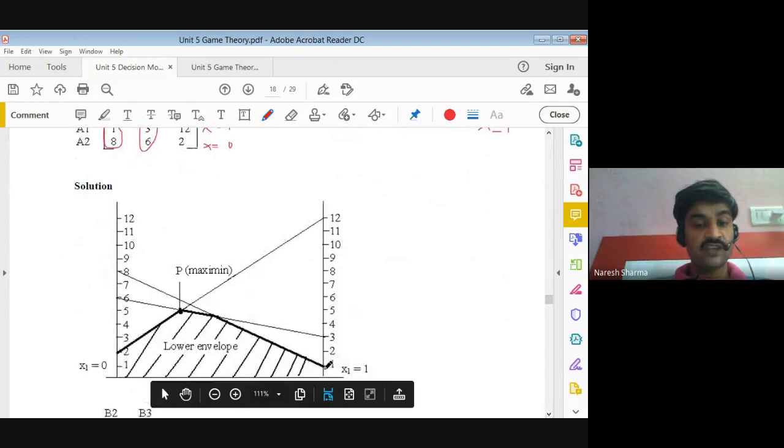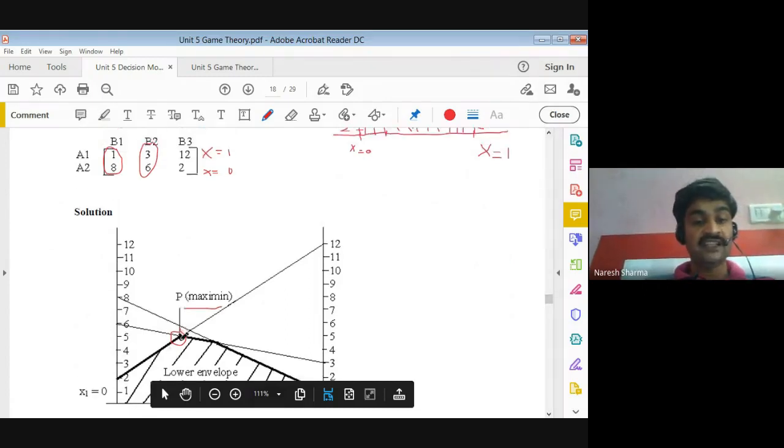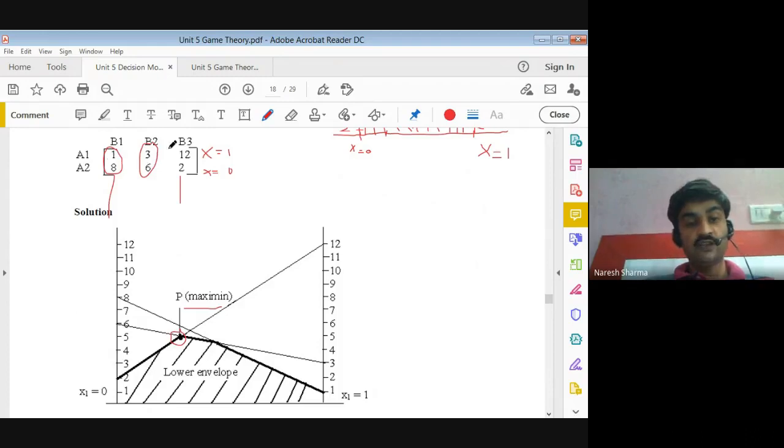So first we join 1 and 8, then we join your 3 and 6, and your 12 and 2. So then you can close this as well. So you see this is the max min point, and this max min point is from your line, that is 12, 2, and 1, 8. So we have two lines where this point P is intersecting. So this point is intersecting on these two lines, this line and this line. Now we can choose these two